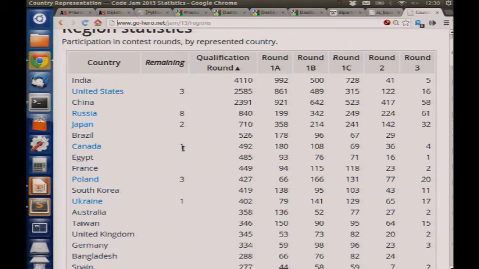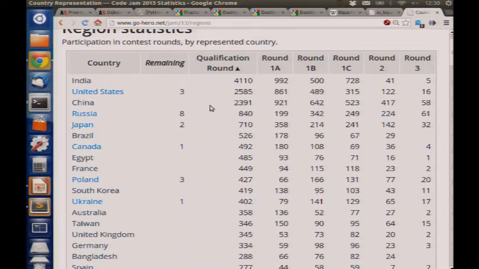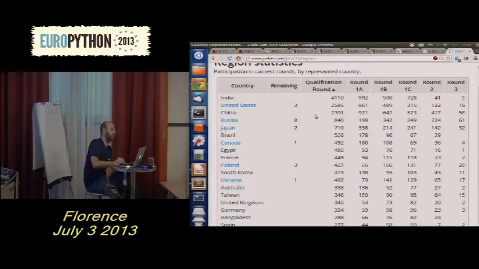Also, Canada has good competitors. Poland is extremely strong, and usually there are a lot of people from East Europe and Australia, Canada, and so on. It very much depends on how strong a community is and how much the coding competitions are valuable in the university curriculum, for example, which is very high in Russia. They care about it very much. There are also team competitions, and the Russian team is really strong.